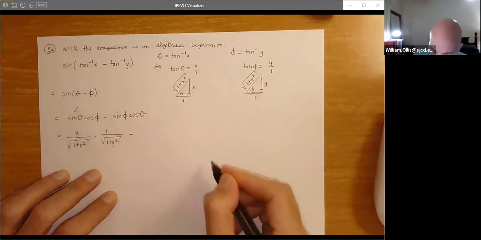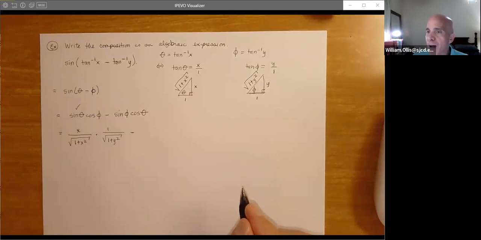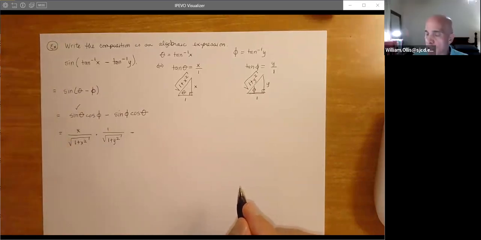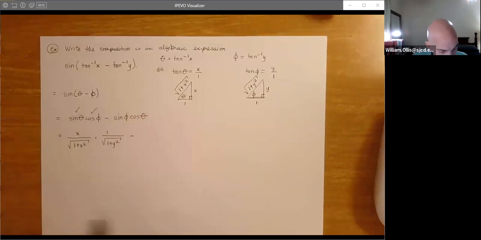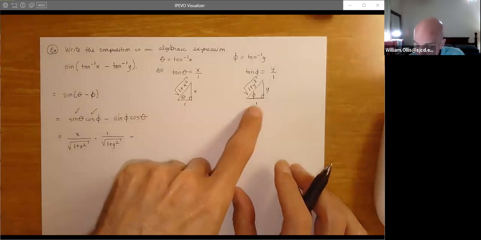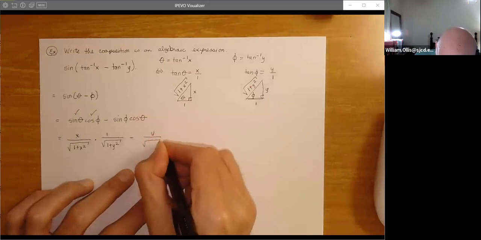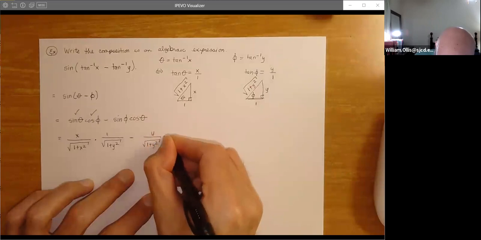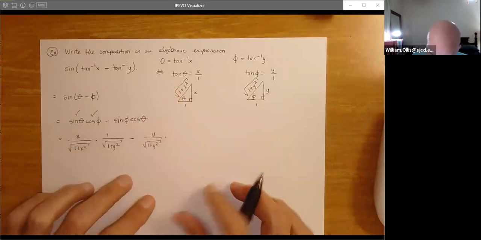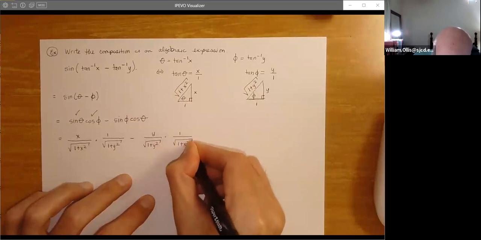It's amazing that we can do all of this interesting mathematics before we even get to calculus. So what we're finding, ladies and gentlemen, is that the calculus requires all of this, and this can be just as challenging. So check. Now, let's go to the phi triangle here to do the sine. So we have opposite over hypotenuse. So we have y divided by the square root of 1 plus y squared. And then cosine of theta, go to the theta triangle, adjacent over hypotenuse. So we have 1 over the square root of 1 plus x squared.